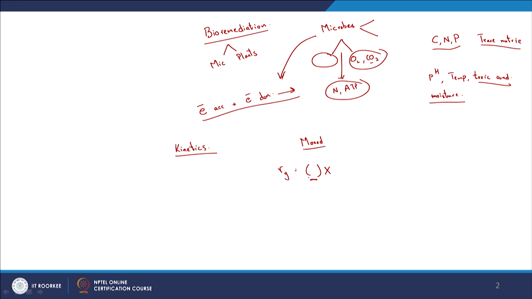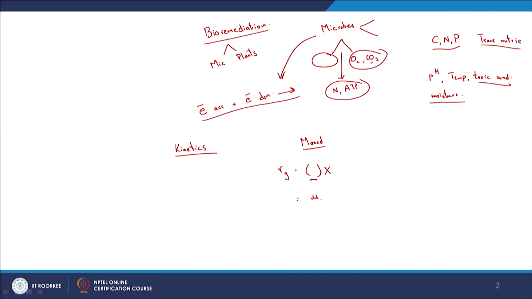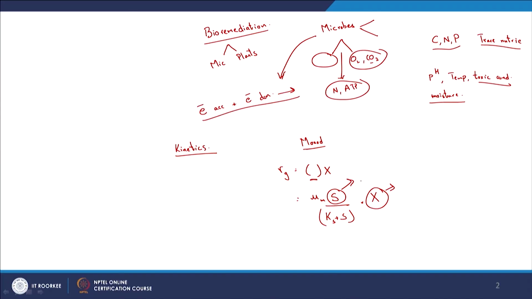And obviously what is this going to be dependent upon? You are going to now have different factors such as the maximum specific growth rate, the substrate term S by Ks plus S, and this is what we have, times X. And X is again, as I mentioned, more or less the concentration of the relevant microbes. S is the limiting substrate, which we call the food for the microorganisms. It can be either the acceptor or donor typically, again depending upon the site. So S is the limiting substrate, typically the food that people refer to in layman's terms, right. So that is the substrate, and typically for the specific growth rate we have this mu here,